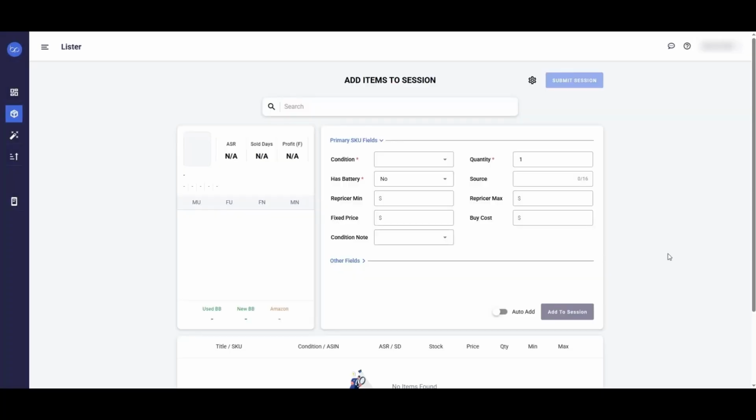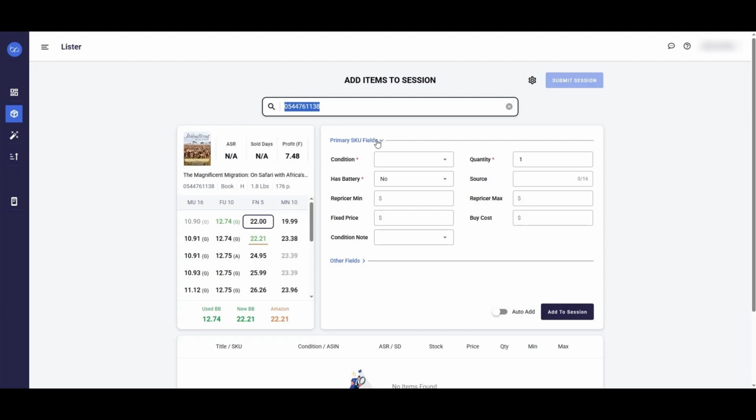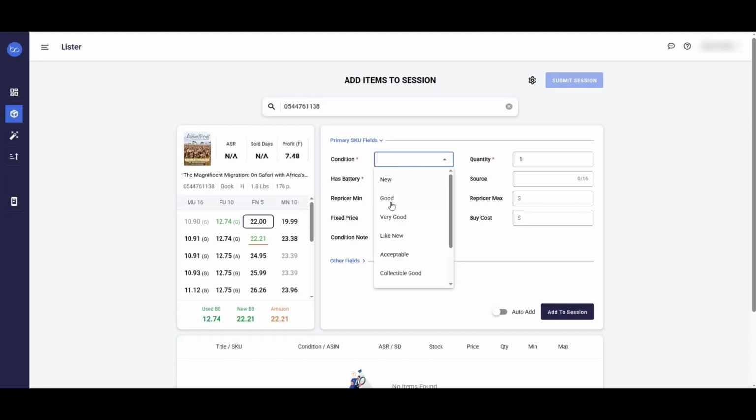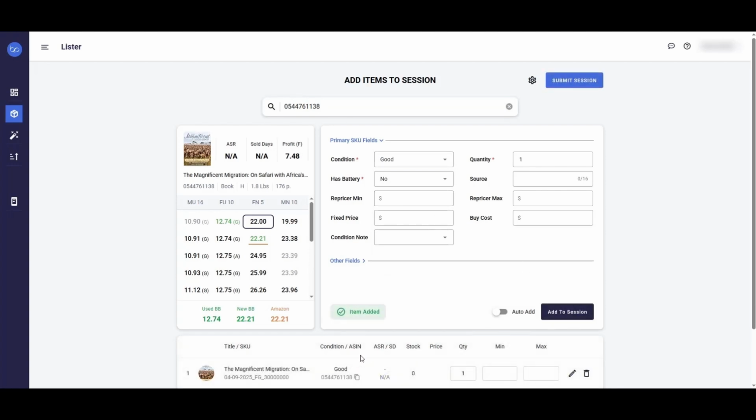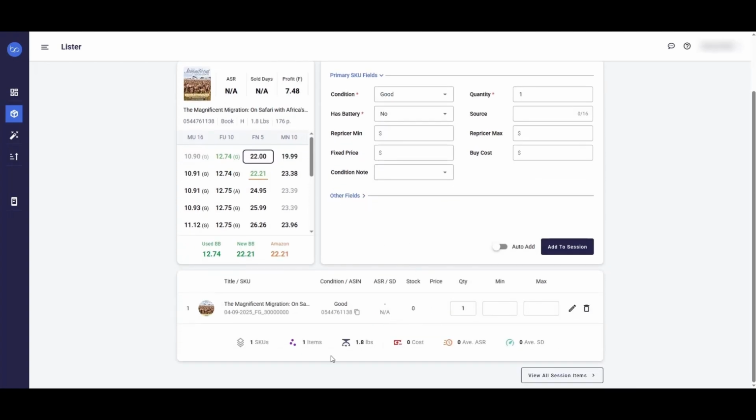When you scan a Bookz barcode, the item will instantly appear on the left side of the screen. No need to click anywhere. You'll see detailed product information there. Once you select the condition and click Add to Session, the product will be listed automatically and priced according to